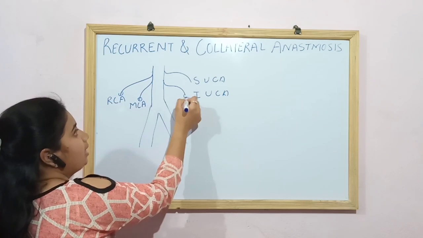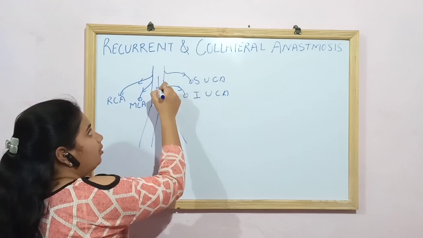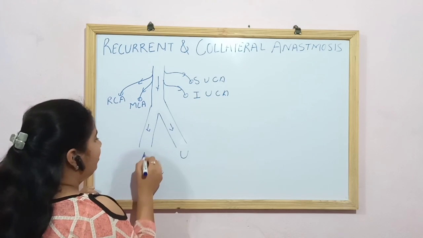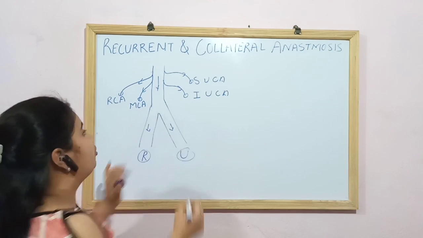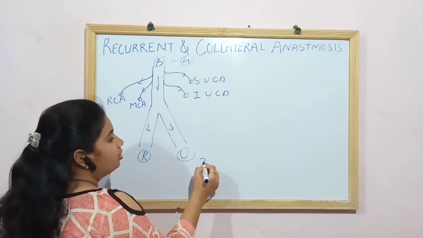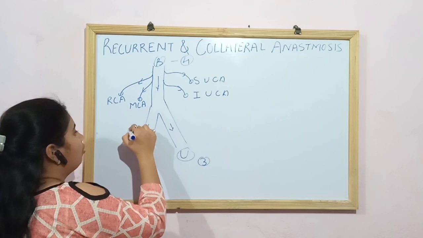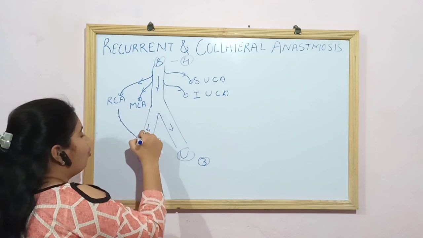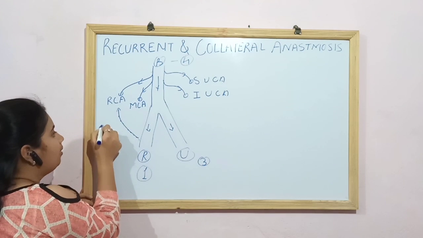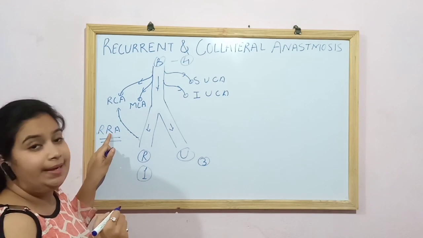Look, these are the four collateral arteries, which have their blood supply in this direction, and the brachial artery's blood supply is in this direction. This is the ulnar artery and this is the radial artery. The brachial artery gives 4 branches. The ulnar artery is going to give 3 branches and the radial artery is going to give 1 branch. This one branch of the radial artery is going to anastomose with the radial collateral artery, and its name is the radial recurrent artery. Do not forget, it is recurrent, radial recurrent.